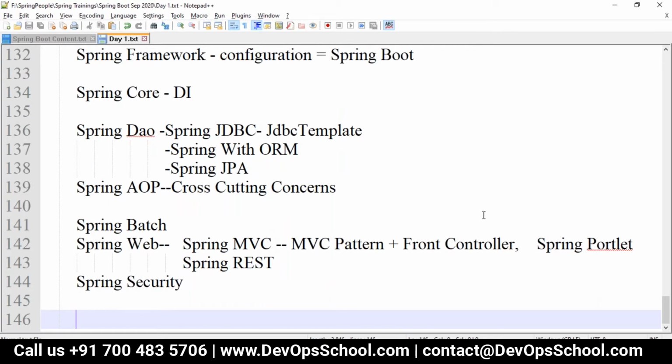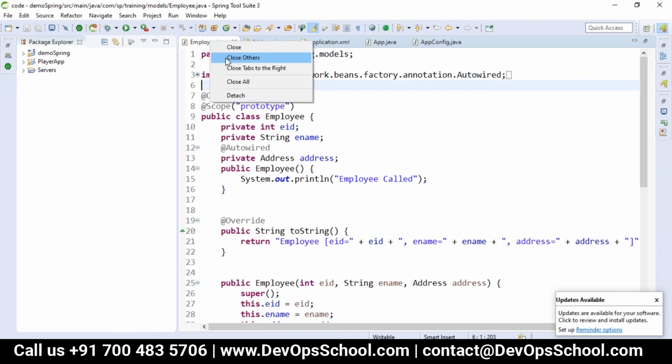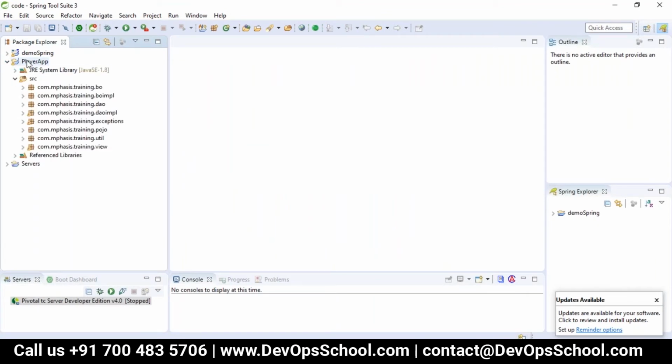I have already developed one application in simple Java. It is a Java standalone application called Player app, connected with an Oracle database.